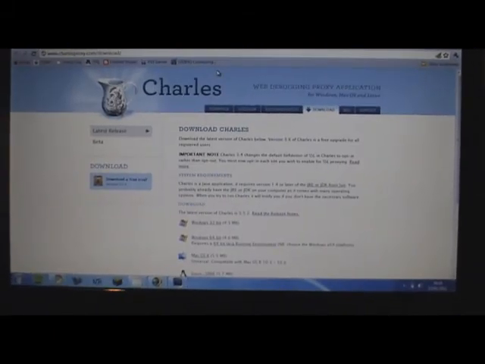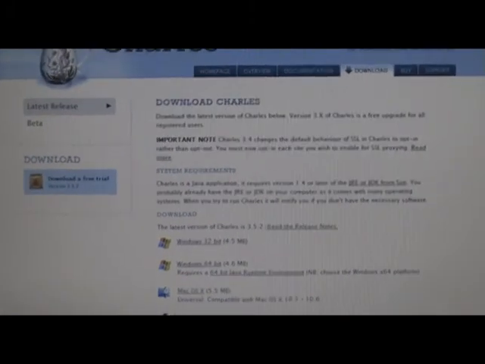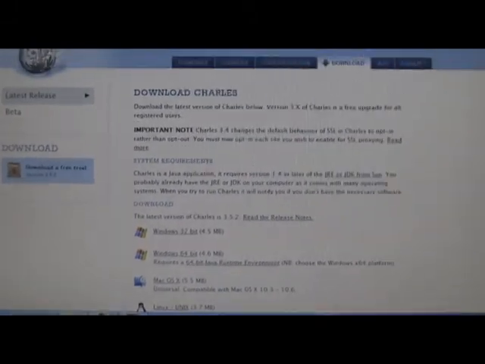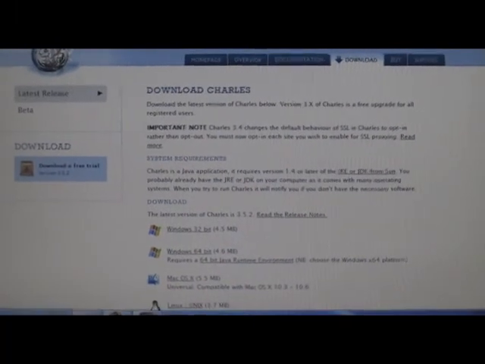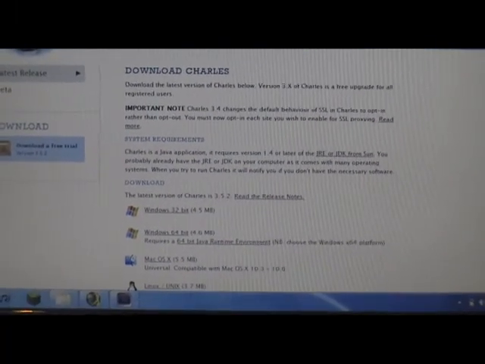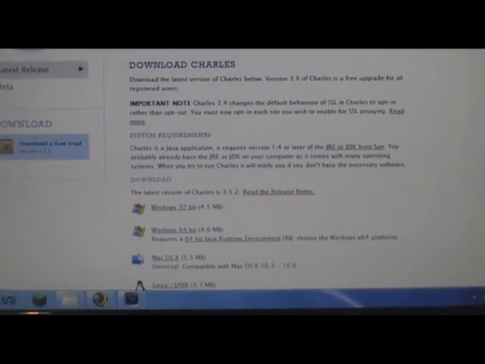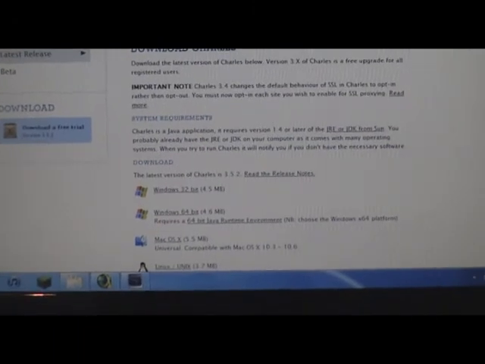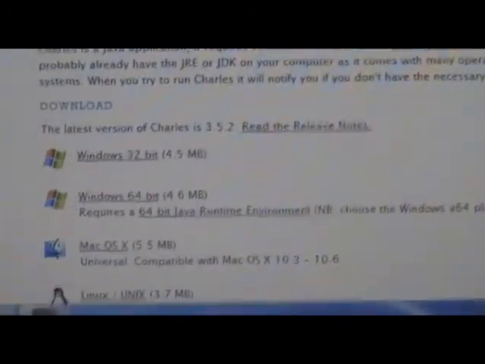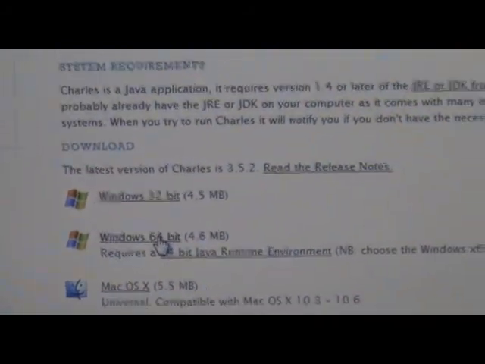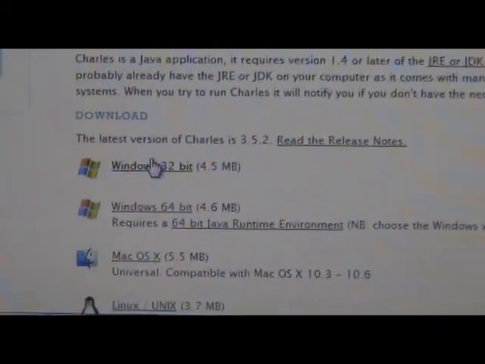When I was just editing that video, I realised that I know of another error that I actually personally got myself. Some people are having an error when they open up the Charles application. It says something along the lines of cannot find Java VM. And I got that error message, and the way that I fixed it was, I am on Windows 64-bit, so obviously the first time I downloaded the 64-bit installer for Charles. But try and uninstall that, and then try the 32-bit installer,